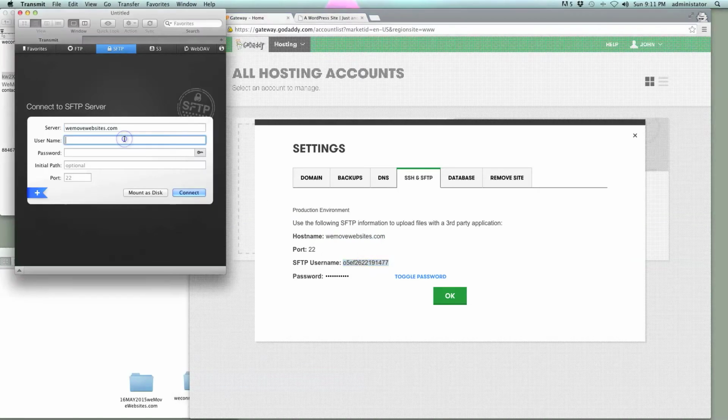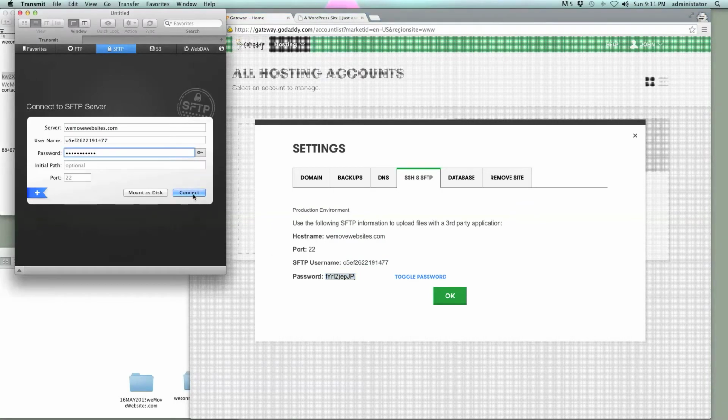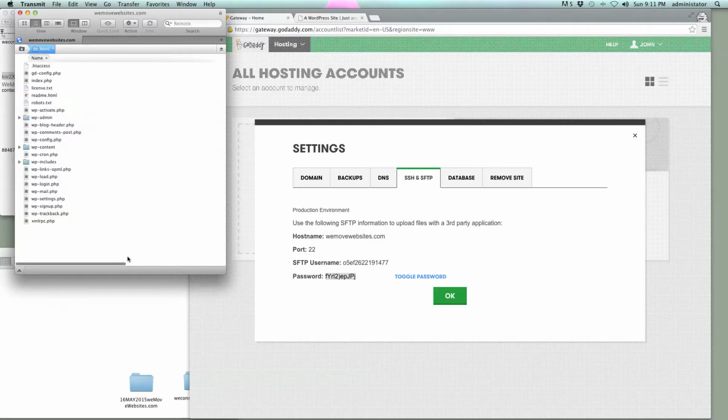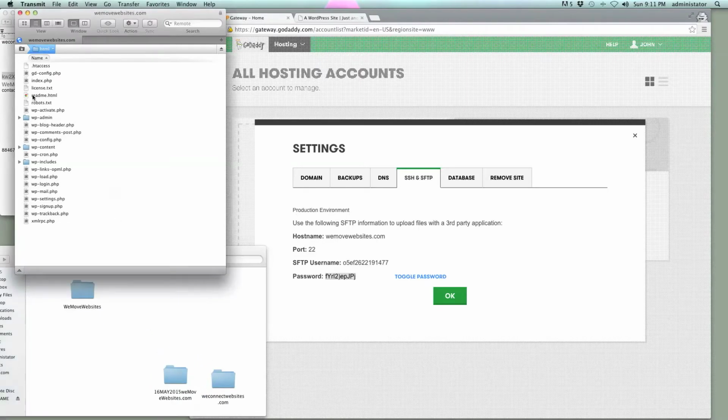Copy and paste your username and your password. There you go. So that's going to connect up there, and that's going to show us all of our files. So as we've done in previous videos, we're just going to show you how to take a download of all of your information. So we're going to just label this We Move Websites, and you can see we got another backup there from a previous video, but that's where you're going to take